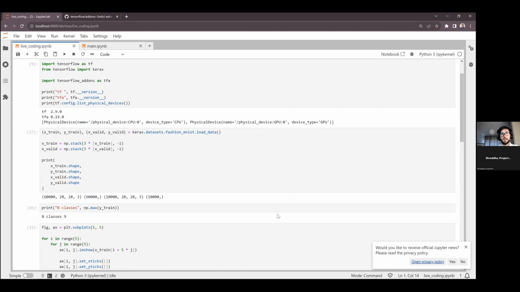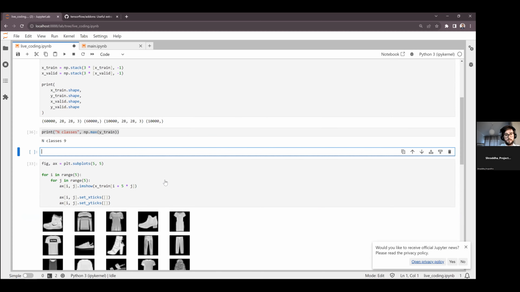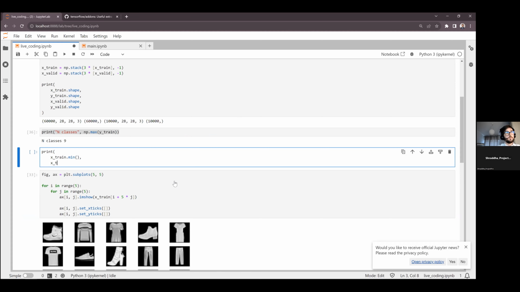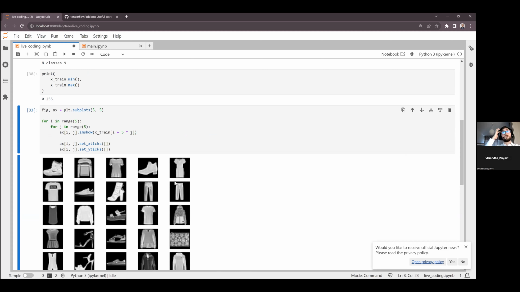Generally, images are defined like that. So maybe we can look at that too. X train min and max should be between 0 and 255. Yeah, between 0 and 255.